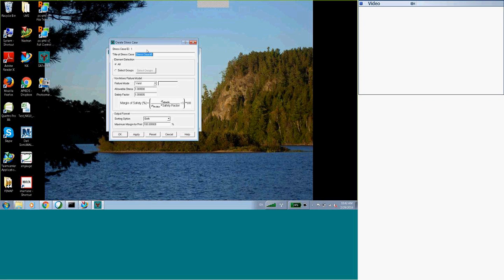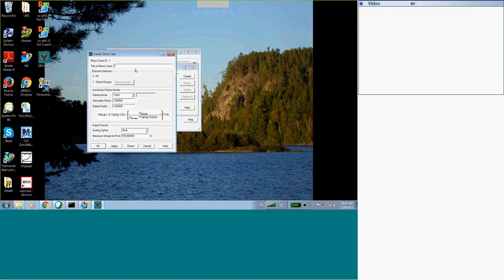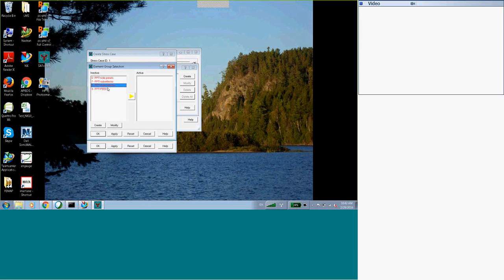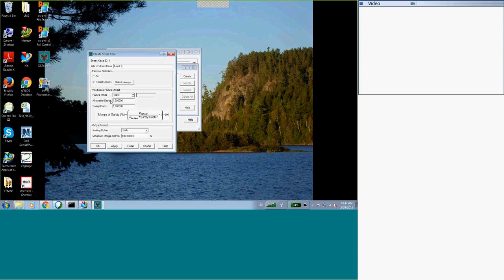So here are the margins of safety based on von Mises stress. We're going to create a stress case. The only component there is that feed horn, so I'm going to, and we'll see that handled in the random processor. So 20,000 psi, safety factor of 1 point, call it yield. And you can have a lot of results. I'm going to put a high number here for my minimum margin, max margin of safety for print. I want to be able to see and cover all the results.